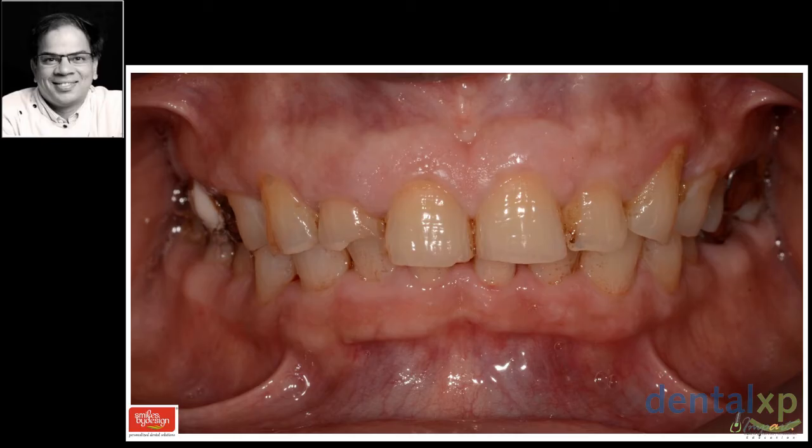In fact, we already know from the patient's smile that he doesn't have a gummy smile at all. He hardly has any tooth display. So I don't need to correct the gingival levels in this case, and that's why the upper left canine, although it's at a higher level here, the gingiva, I'm going to leave it like that only and not do any surgical treatment for him because it's an asymptomatic tooth. As long as I can make a good restoration there and maintain the gingival levels, that's what my goal is going to be. If the same patient had a gummy smile, then I would look at either a connective tissue graft or a free gingival graft in that area to correct the canine, some soft tissue procedures for that. But in this case, I won't be doing any such treatment for the upper left canine.